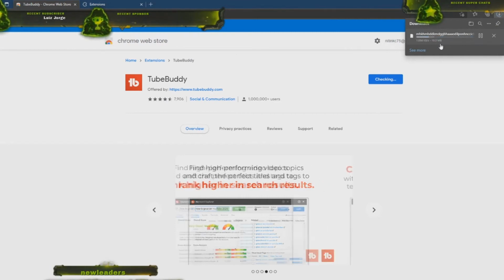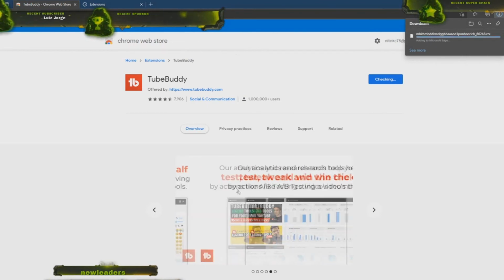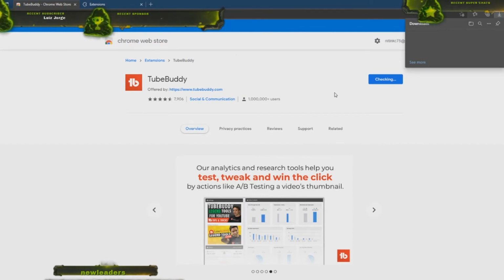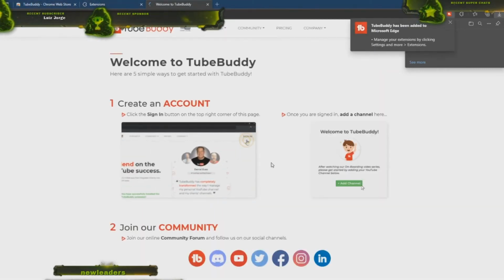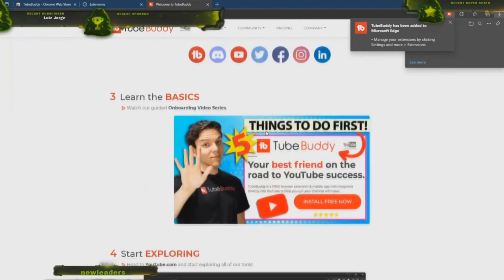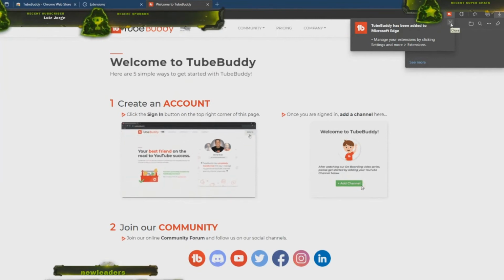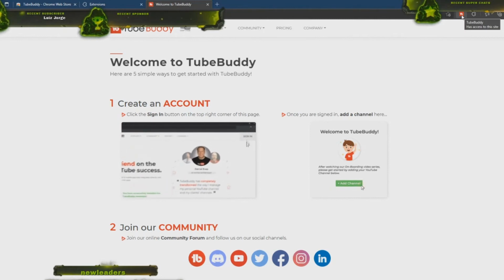It does not do anything. It will just download and redirect you to the page that you need to go to after installation. You don't just click and we are done. You don't need to think a lot for installation. Nowadays installation is pretty easy compared to before. And yes, I am redirected, and it's added up here, the icon. You can see that, right?